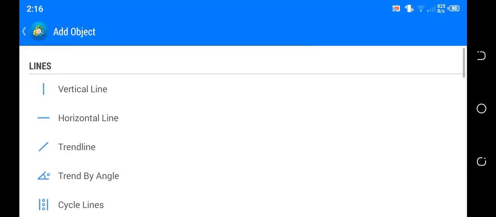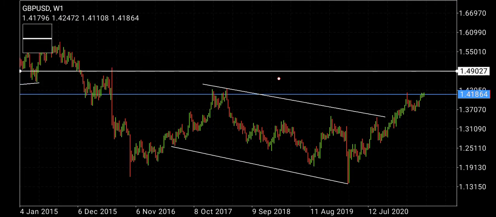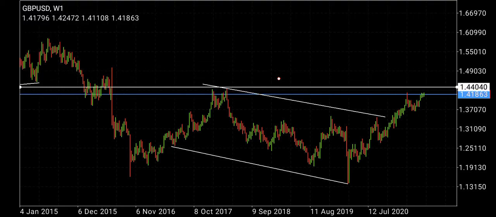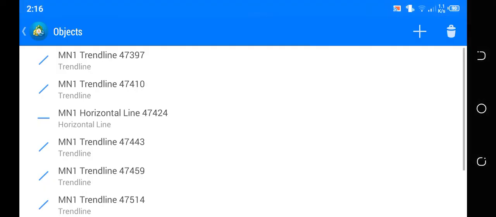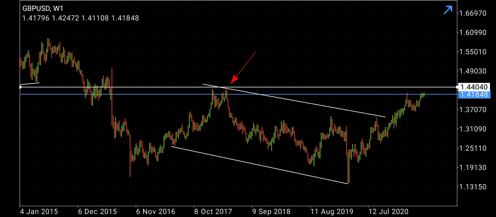Let me see if I'll get an arrow. Yes, around this region. Around this region, the 90% rule. So our major focus will be on the two regions: the 90% rule and where the market is right now, because we know the market is almost completing the 90% rule. So we'll zoom in,